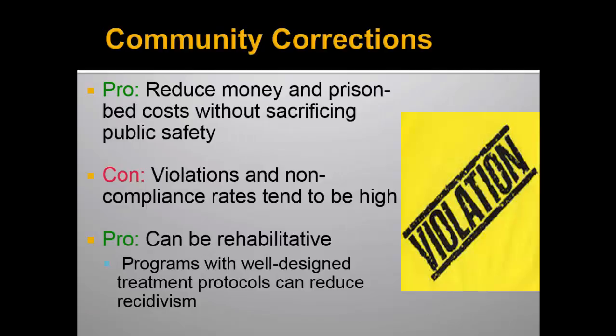These programs are much more cost-effective than incarceration. Let's take Texas as an example and look at that for a moment. The corrections budget just for the state of Texas was $3.1 billion for the fiscal year 2014. Currently in Texas, it costs about $1.56 a day to supervise an offender on community correction supervision. That equates to